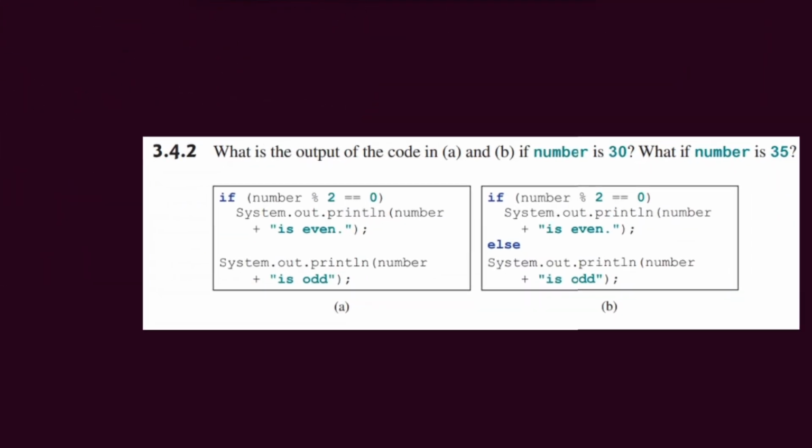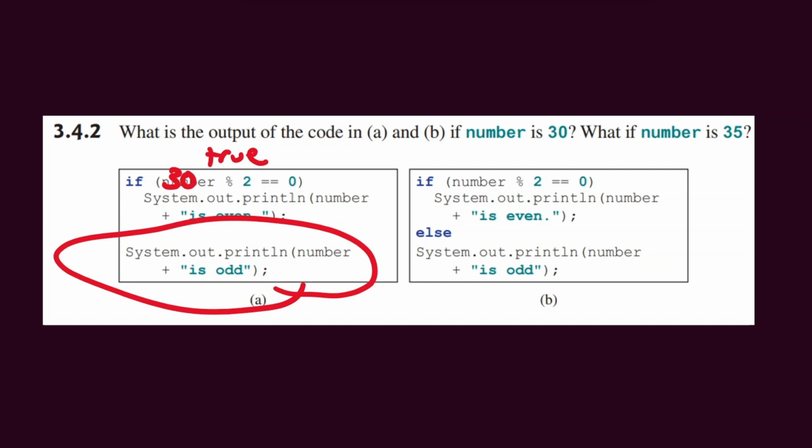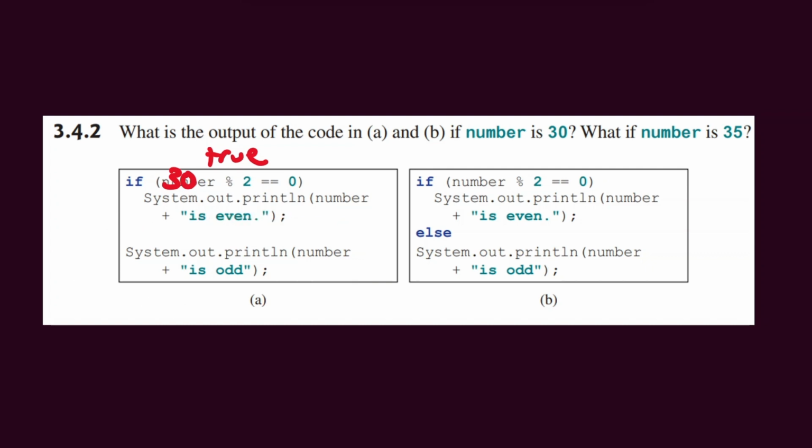Now let's do a quick example. The following asks, what is the output of the code in A and B if number is 30? What if the number is 35? So let's say this number is 30. 30 modulus 2 is equal to 0. So that's true. So this line is going to print out, and it's going to tell us that 30 is even. But this line is also going to print out as well, and it's also going to tell us 30 is even,